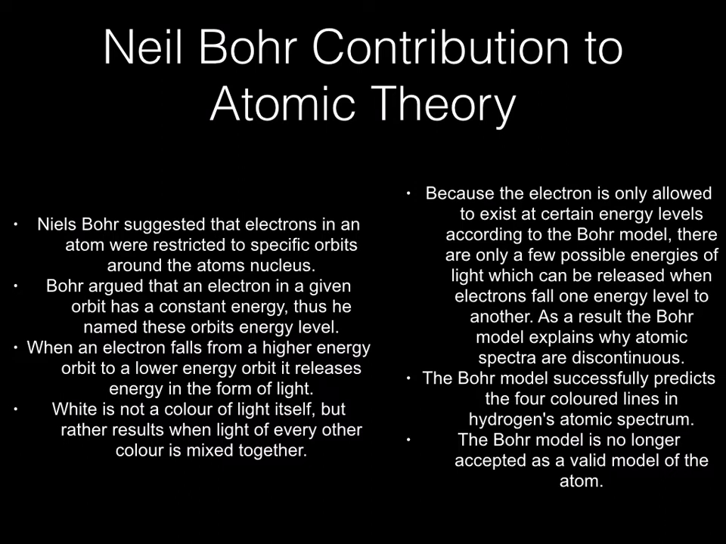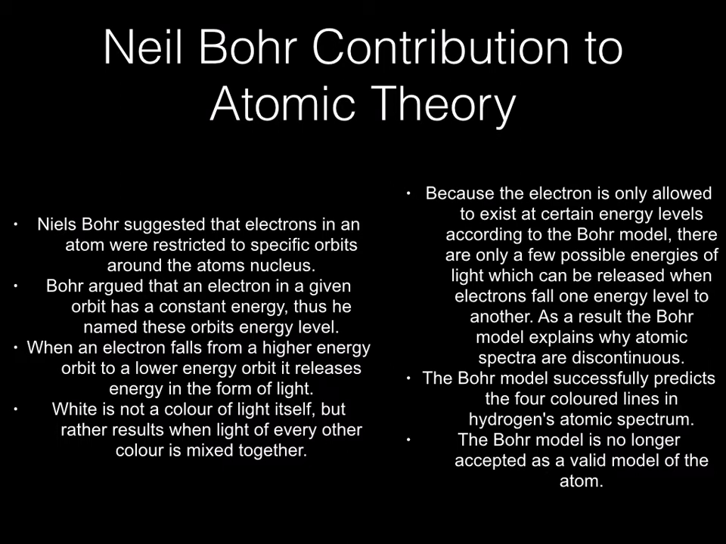Niels Bohr suggested that electrons in an atom were restricted to specific orbits around the atom's nucleus. Bohr argued that the electron in a given orbit has a consistent energy, thus he named the orbit's energy levels. When an electron falls from a higher energy orbit to a lower energy orbit, it releases energy in the form of light. White is not a color of light itself, but rather results when light of every other color is